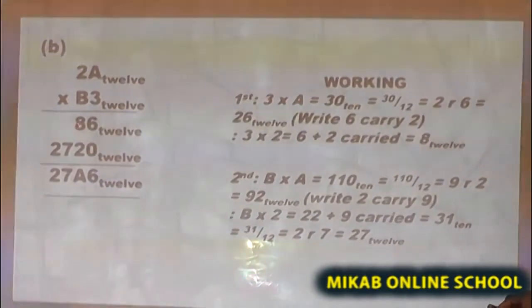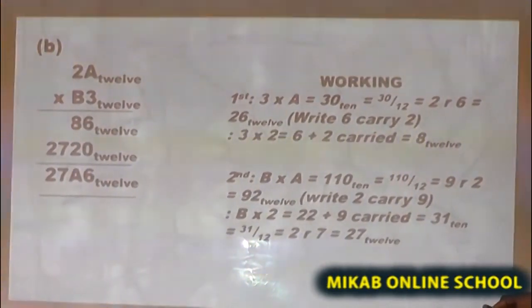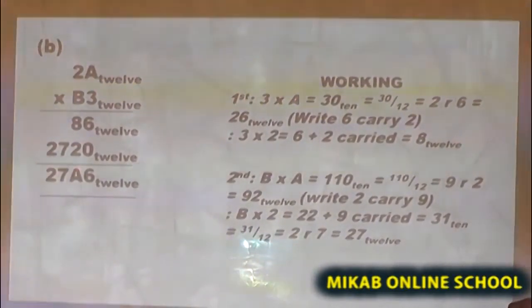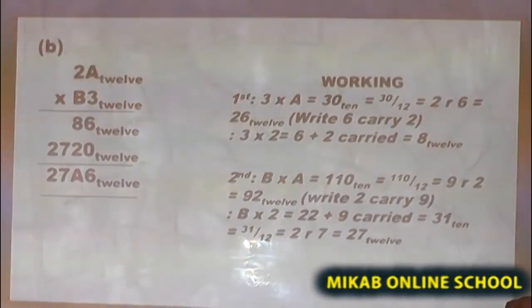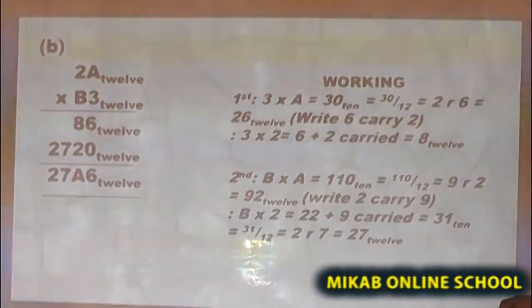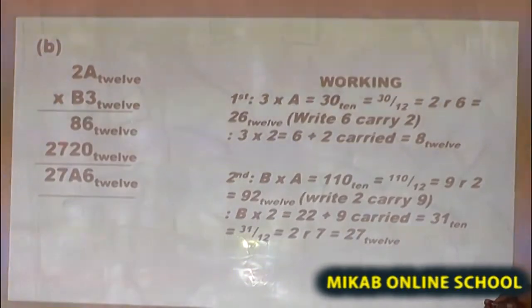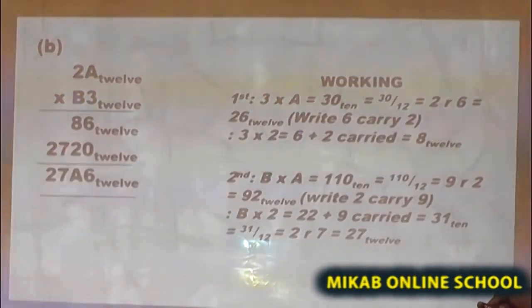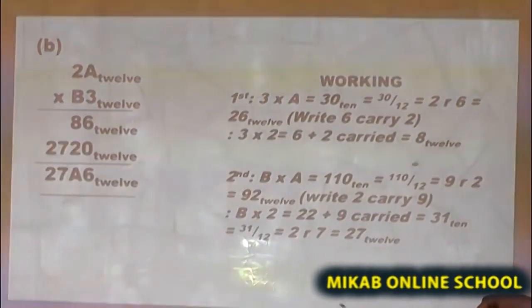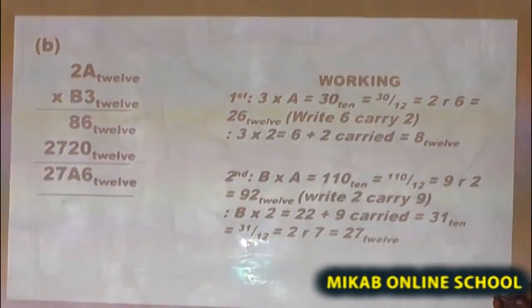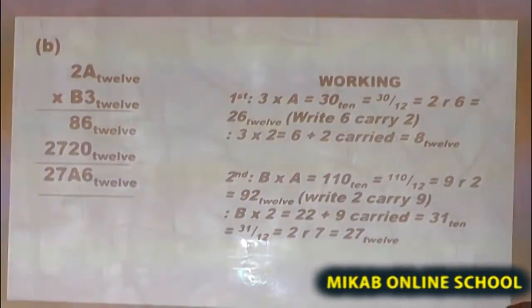And remember we said A equals 10. So instead of recording 10 here, the 10 we know, like 1, 0, we have A, letter A here. Remember it's always a capital letter. So here we have 7, like 0 plus 7 here will give 7, and 0 plus 2 here will give 2. So the result of multiplying 2A in base 12 by B3 base 12 will give